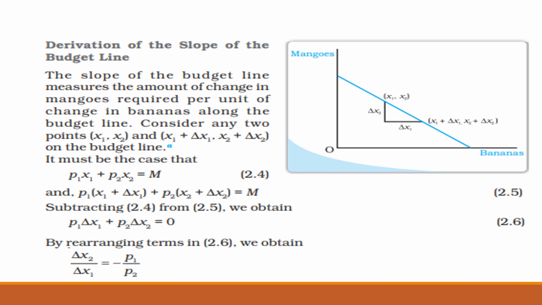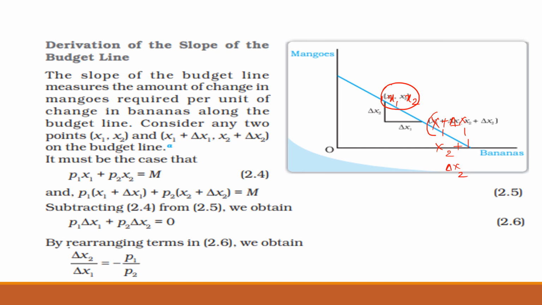Here you can see at this particular point you can have points like x1 and x2, and at this point you have x1 plus delta x1 and x2 plus delta x2. Okay,